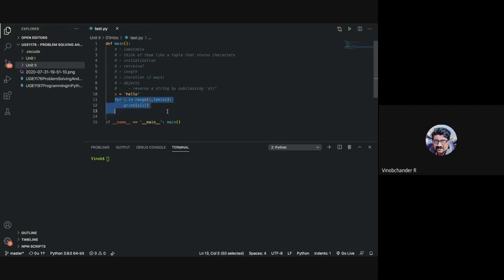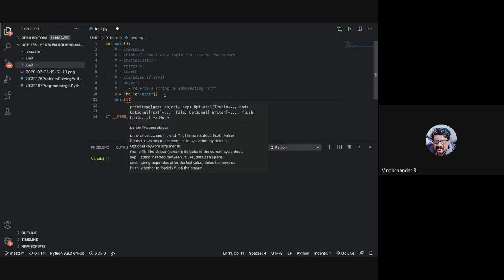Okay, so coming to the next part. Everything is an object in Python, including strings, right? So even a string literal like hello is an object. So you can just do a hello and then put a dot and call methods like upper, lower. We'll talk more about the methods that are available in strings in the next class. But please remember this for now. A string is an object, so you can call methods on it. All right. And then you can print x.